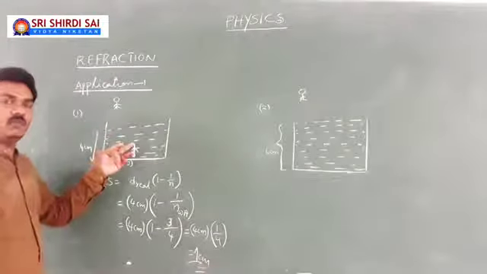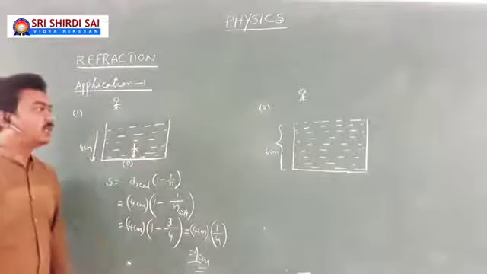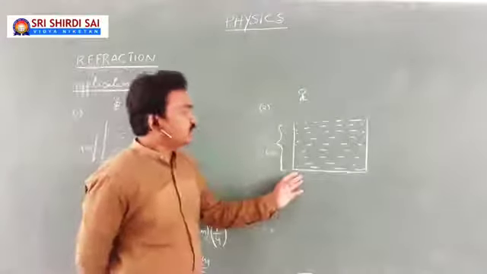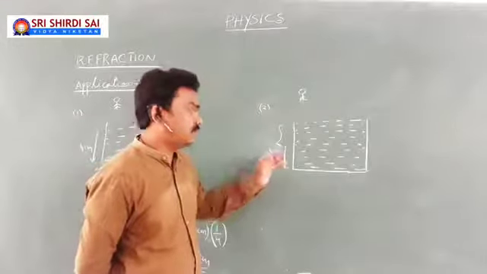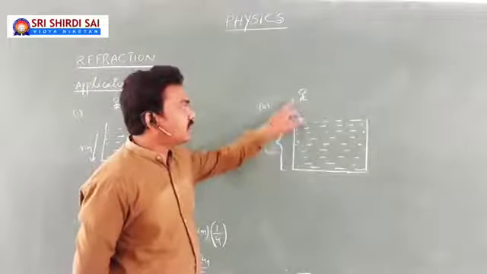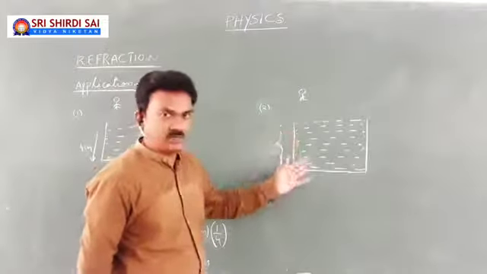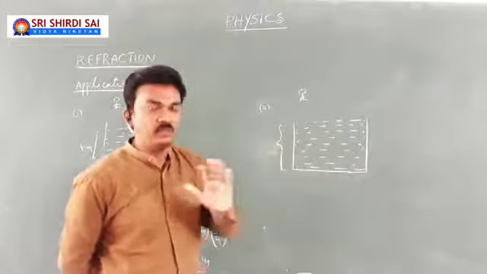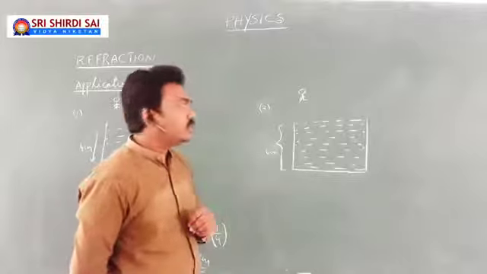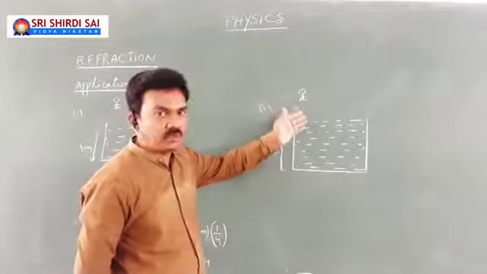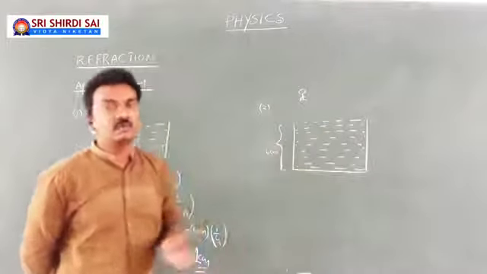That means the observer finds the image of the object at a depth of 3 centimeters but not at 4 centimeters. Related to this, you can look at a similar example. There is a vessel of height 6 centimeters and the vessel is completely filled with water. Now the observer is going to look at the vessel. You know the depth of the complete vessel is 6 centimeters, and moreover, the vessel is completely filled. So if you ask the observer what the depth of the vessel is when he looks into it, he may not find it as 6 centimeters.